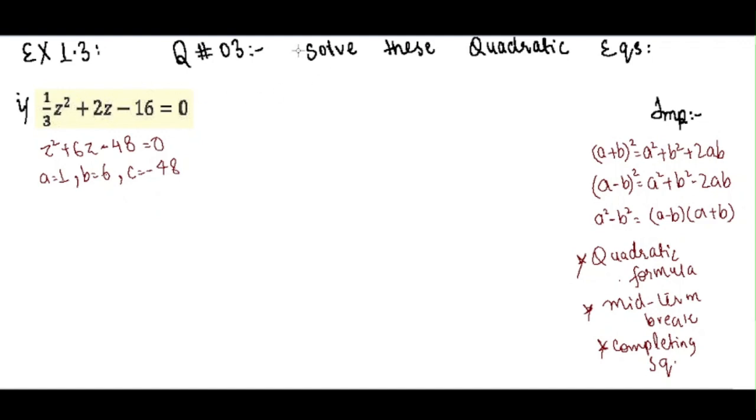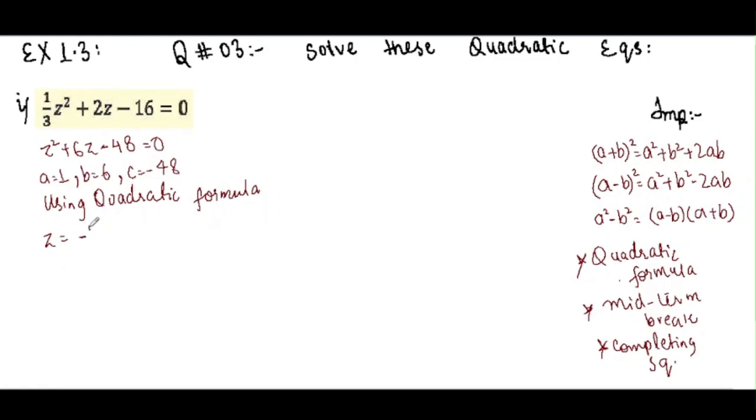And what does solve mean? I have told it in the previous question as well. Solve means to find the value of the variable used in the equation. Here the variable is z, so we have to find the value of z. Okay, now we are going to solve it using quadratic formula. Using quadratic formula, it is z equals, here the variable is z, so we are writing z over here. If the variable was x, we'd use x over here, okay?